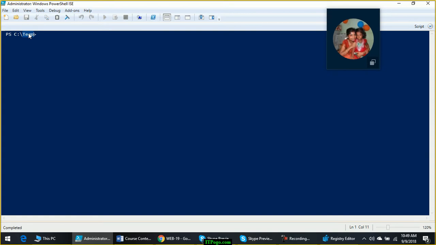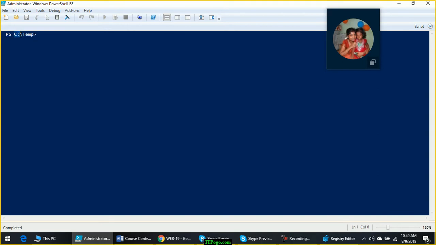So this is the present working directory. Under each provider you can see the present working directory with your PowerShell prompt.